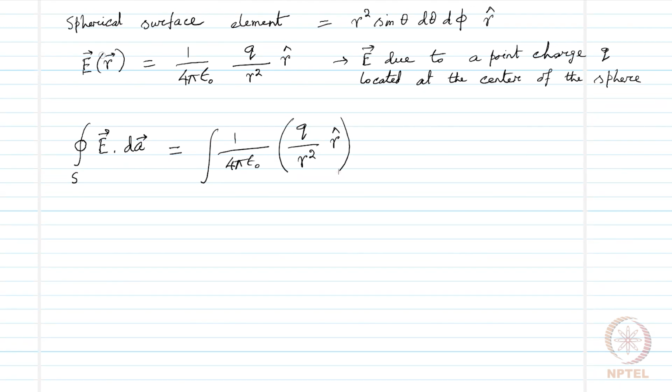Now, this quantity will have a dot product with the area element, that is r squared sin theta d theta d phi r cap. Now, because the direction of these two vectors is the same, we will have simply integration over,